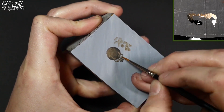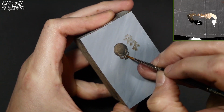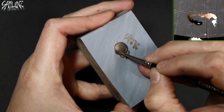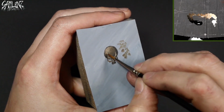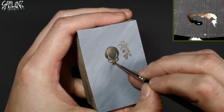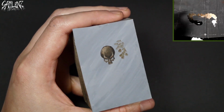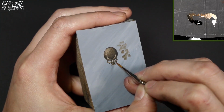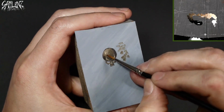Playing with the transparencies of each tone as it comes off of your brush really adds to the subtlety. And you can take this as far as you like, or make it as short of an exercise as you like. But I'd like to demonstrate the longer, more meticulous, detailed version. As you are the creator, you can tap out at any point that you'd like. But I'd like to demonstrate what's